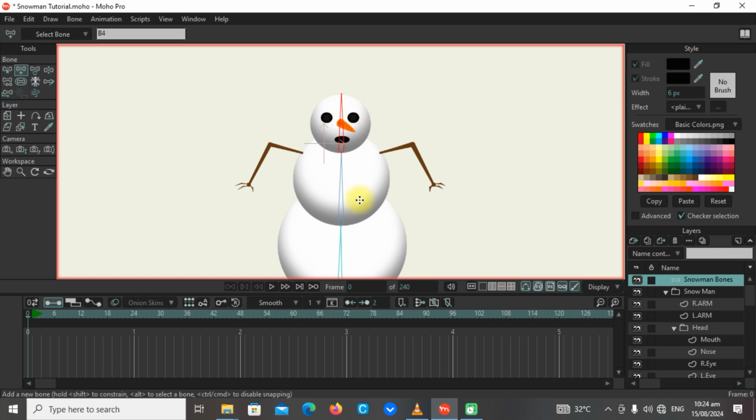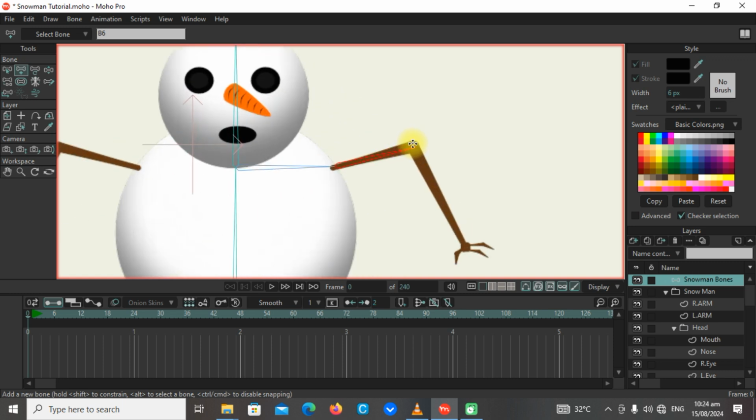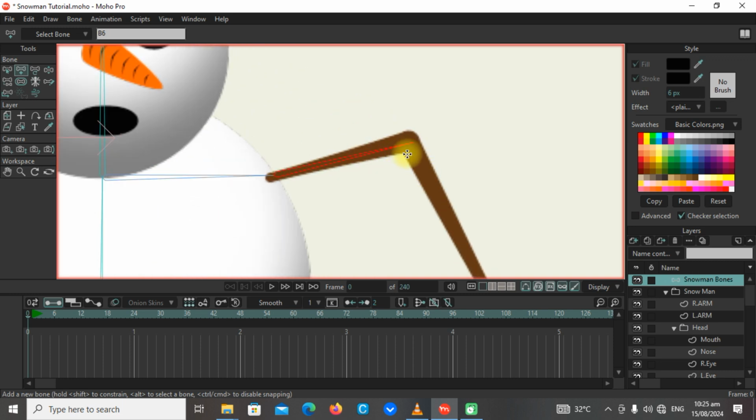Then you're gonna want to press Alt and left click this bone, and then you're gonna left click and drag till about there, then left click, drag till about there. You can zoom in to see the workspace easier,